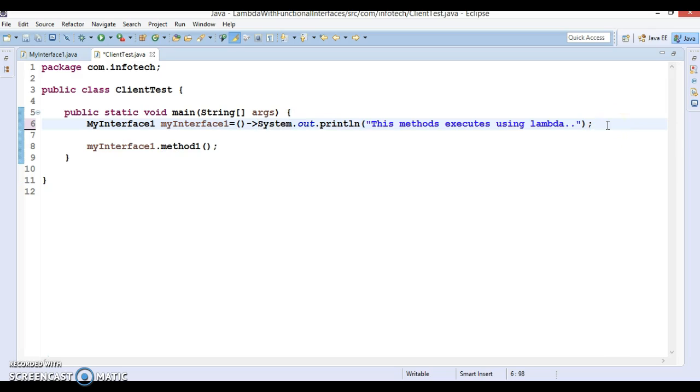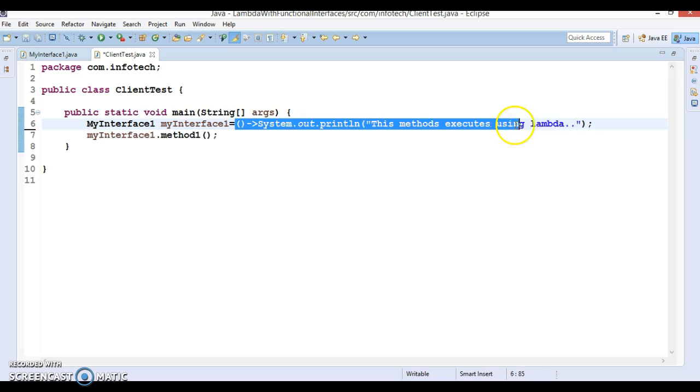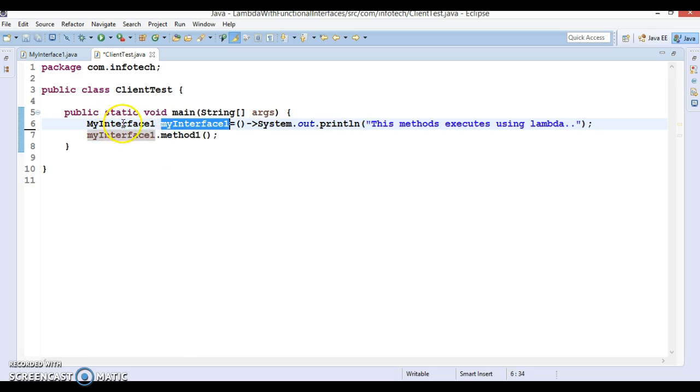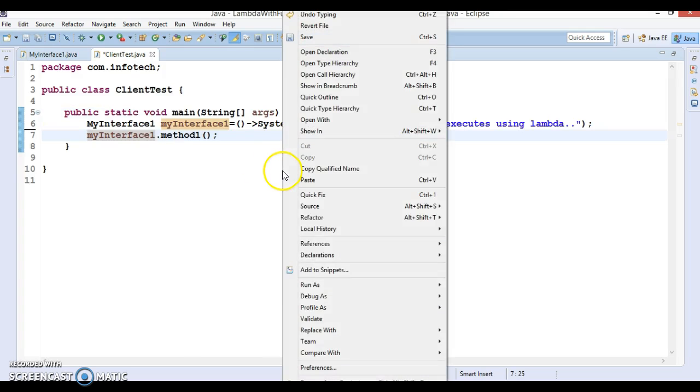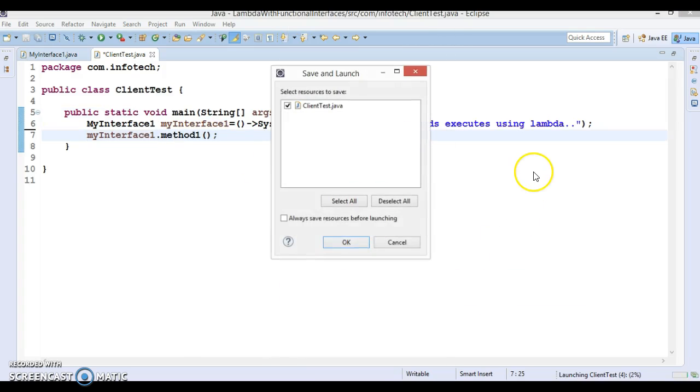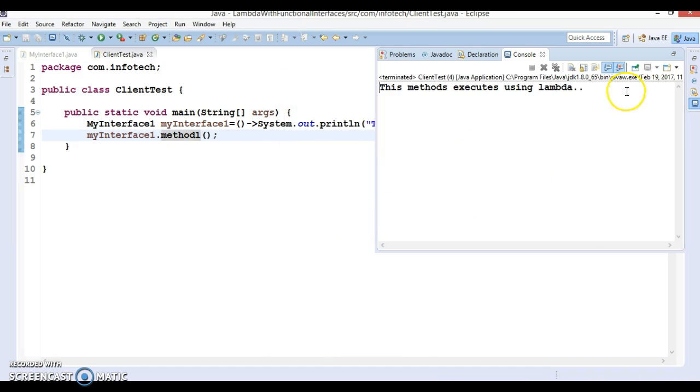So your simplified Lambda expression would be like this. Basically this Lambda expression is nothing but the implementation of the method which is available in this interface, right? So you got the reference of MyInterface1, and using this reference you can make a call to this method. So if I run this code, then we are able to successfully get the output.